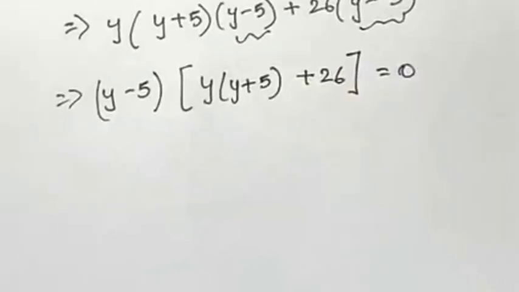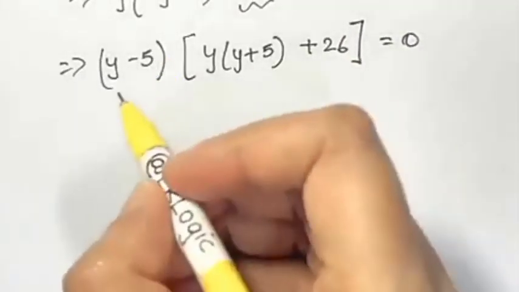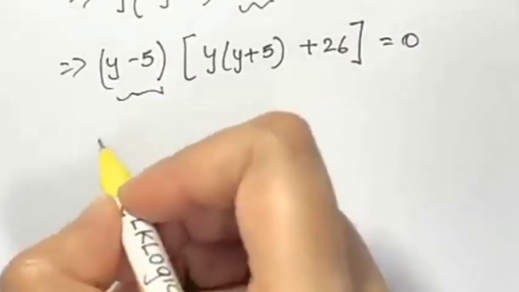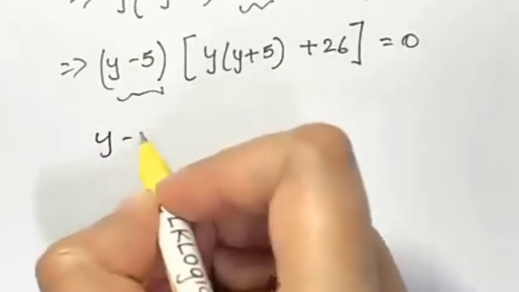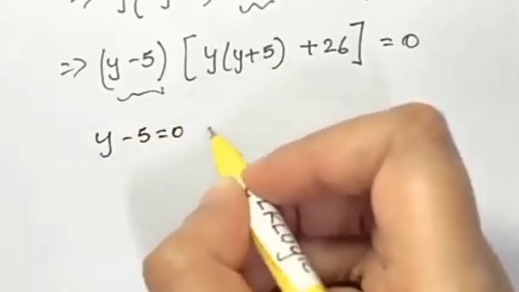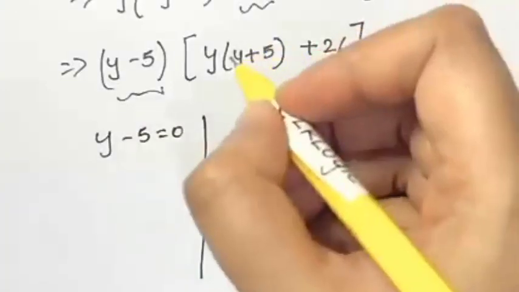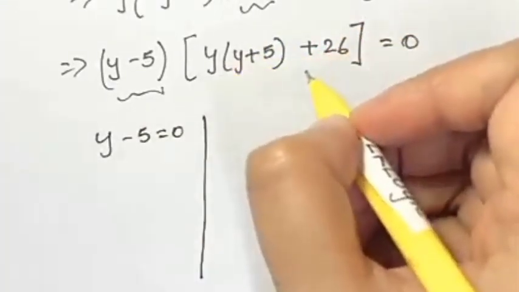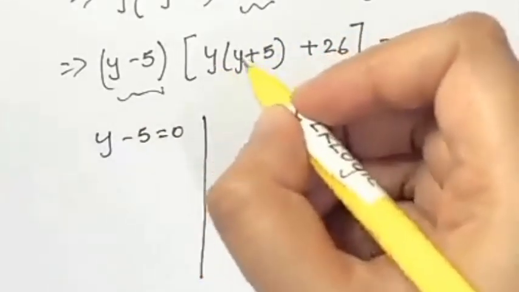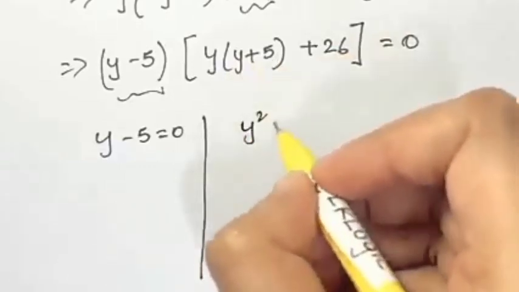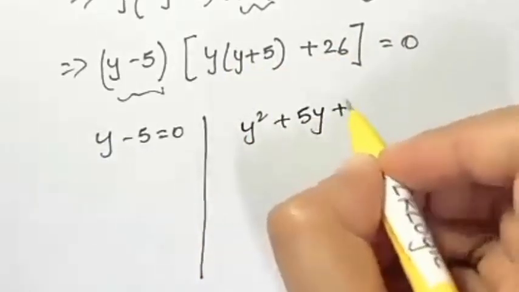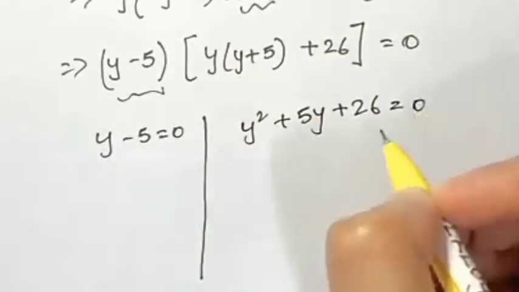Now we have got one solution, that is y minus 5, as you can see. So we have y minus 5 is equal to 0. And then we have another one, which is this thing. Let me solve for this. We have y squared plus 5y plus 26 is equal to 0. This is another solution, and